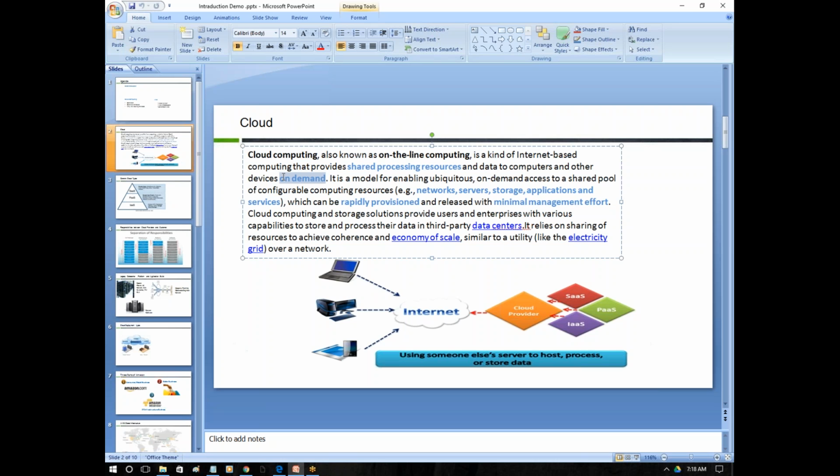What is meant by on demand? If we ask for 10 servers, they should be able to provide them. If you ask for 500 servers, they should be able to provide them. That kind of characteristic should also be there. And rapidly provisioned: not only the capacity, but they should be able to provide it